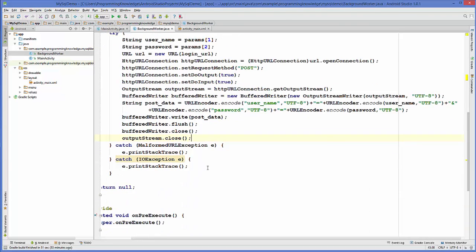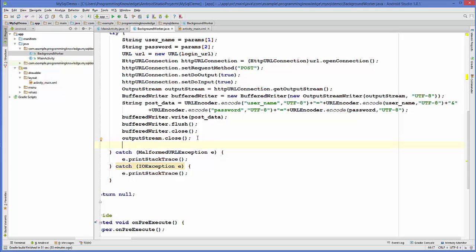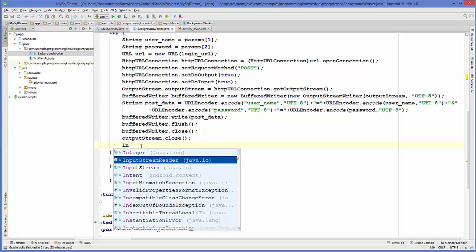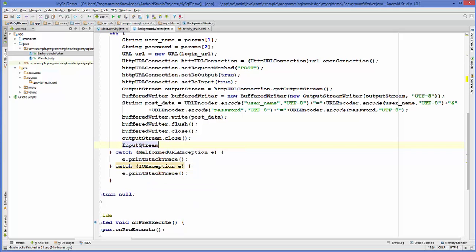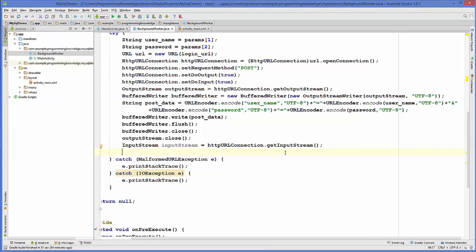Okay, now when you post some data on to the server, you can expect some result or response for the post request. And to read this response from the post request, what we can do here is we can once again define an input stream and then a buffer reader to get the response. So this time we will define input stream here. So just define input stream and then the variable input stream, and then we can get the input stream from the same HTTP connection. So just write get input stream,